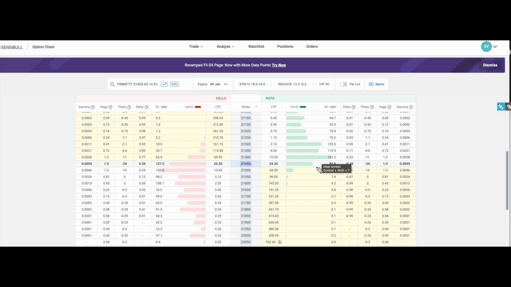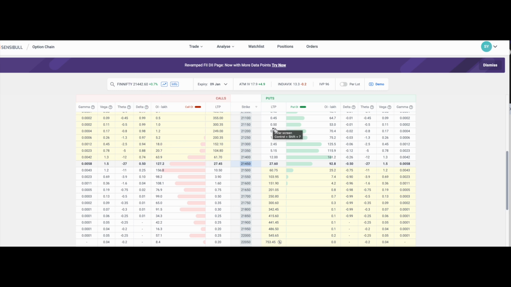Now instead of this, let's say you chose a strike price which has a delta value of close to 0.8 or 0.9. Now what does this mean? This means that from the current level, if Nifty moves up even by 10 points, this particular in the money premium will move up by 9 points. This one will move up by 8 points.